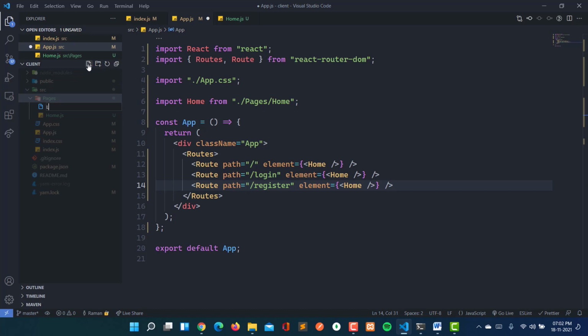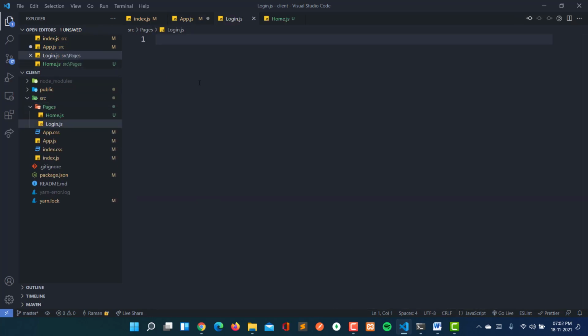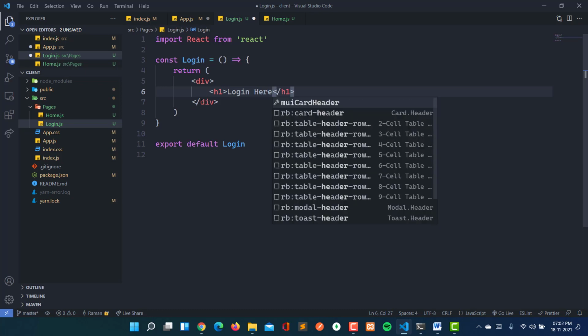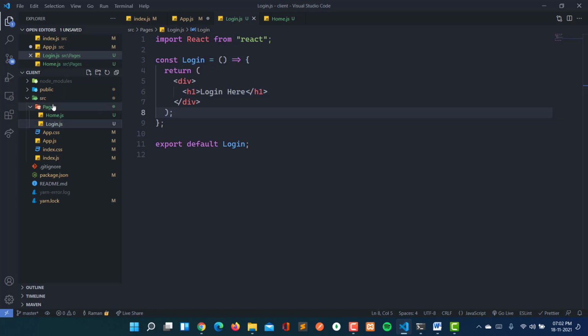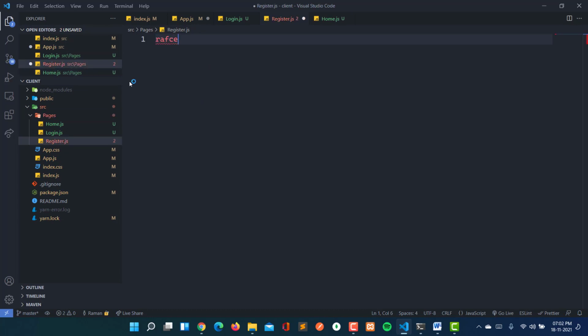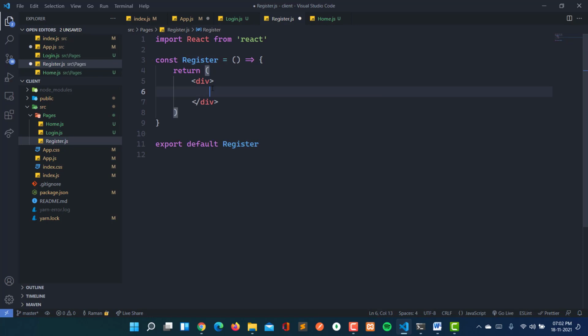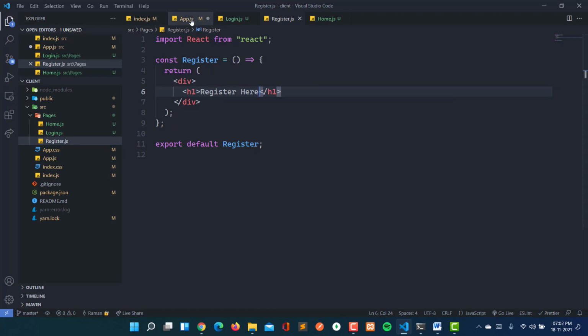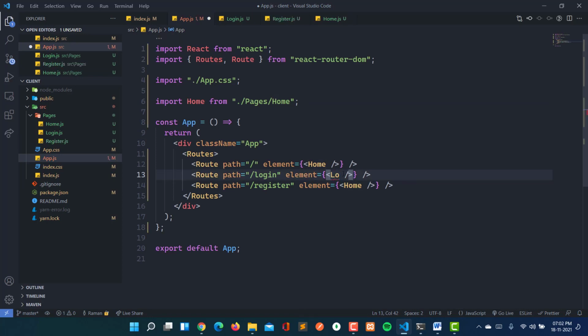So let's create here. So for login.js and RFCE, here will be an h1 tag, login here. Save this, and let's create another one that will be for register.js, RFCE, and here register here. Save this, and now let's go here, and first of all there will be the login one, and we